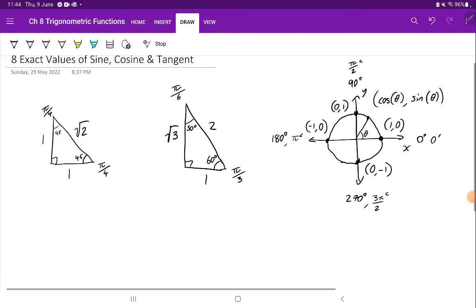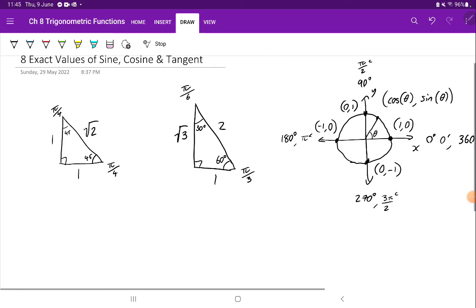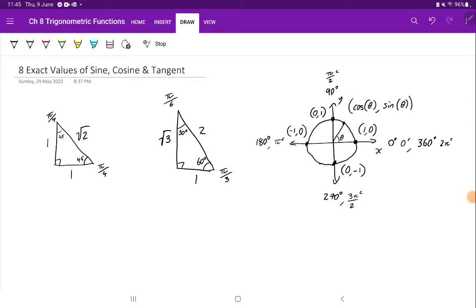And also, because of this, we can also do 360 degrees, which is 2 pi radians. Obviously, 360 and 0 are kind of the same, but they're also kind of different. So here is our total picture, and with this we can work out every exact value of sine, cos, and tan